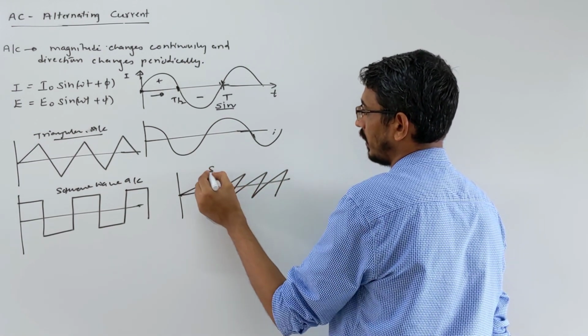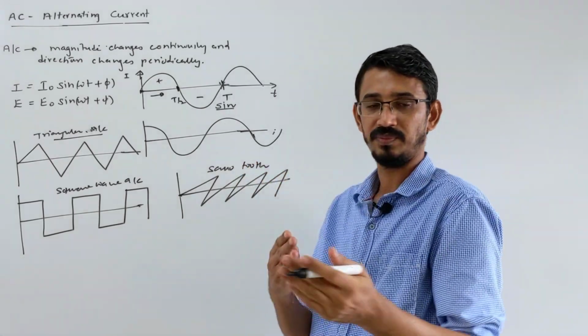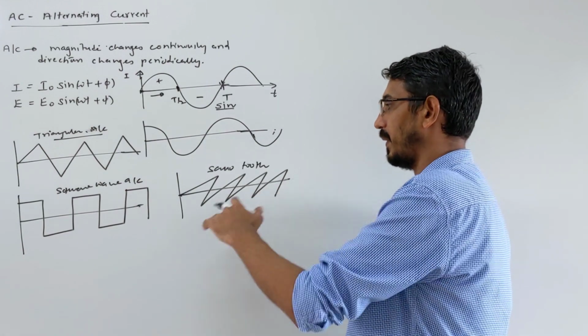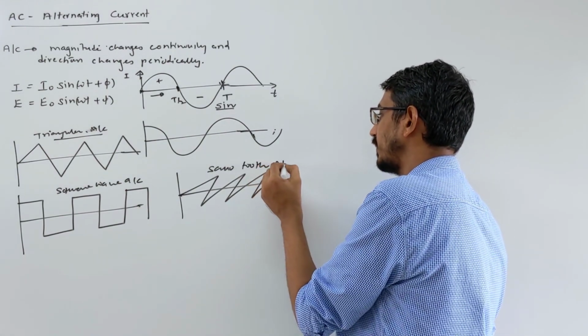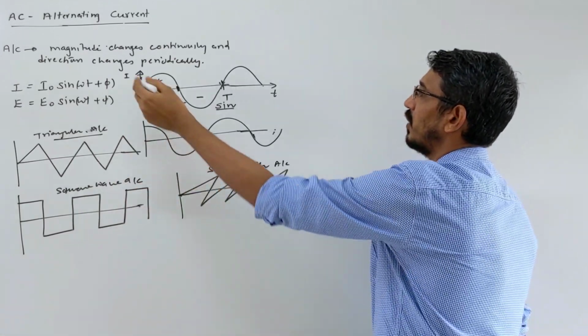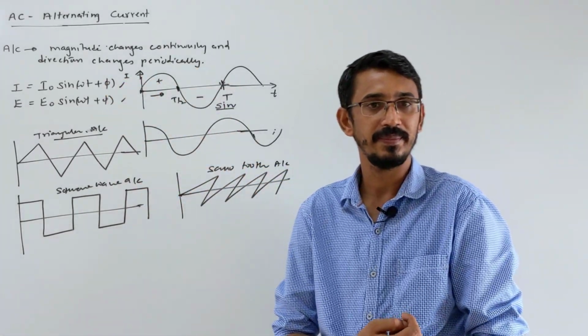So this is called a sawtooth wave, right? You have seen a saw, used to cut wood. The tooth looks like this one, the incline, okay? So this is also an AC. Yes. So these all are ACs only, but in this chapter mainly we'll talk in terms of these functions, this type of AC, sinusoidal functions, right?